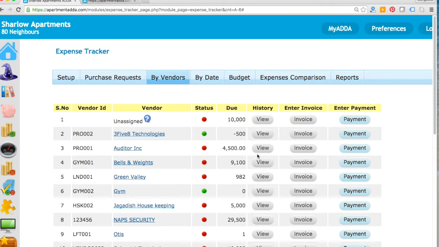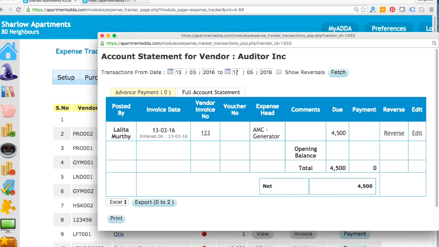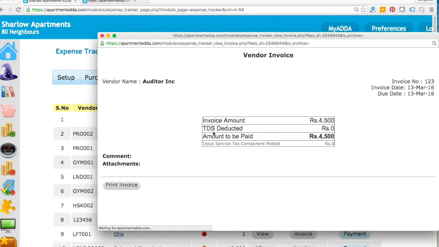So this will give you complete detail against the vendor, that you will be able to see their invoice, as I told you, as well as receipt. Let me show this to you just once again. The invoices which are entered, it would show up like this. It will have the main details, with what is the tax deducted and what is the amount to be paid and things like that. If you want, you can print this part, though this is not of use because you have to store the hard copy invoice given by the vendor. That's a legal requirement.